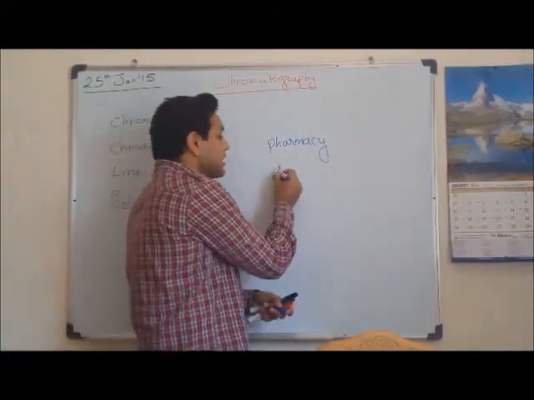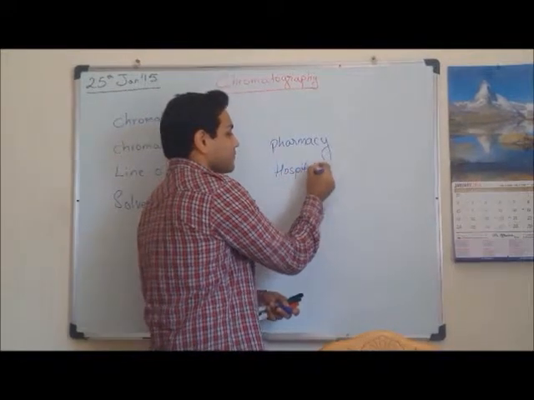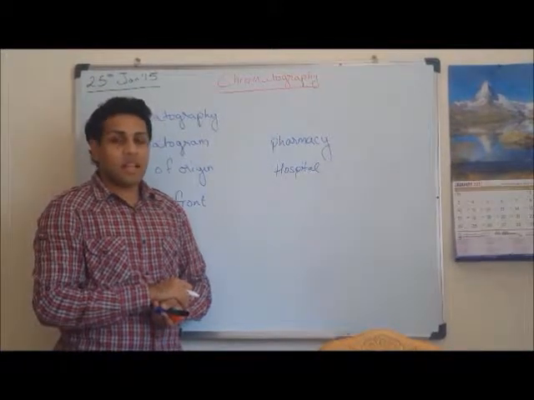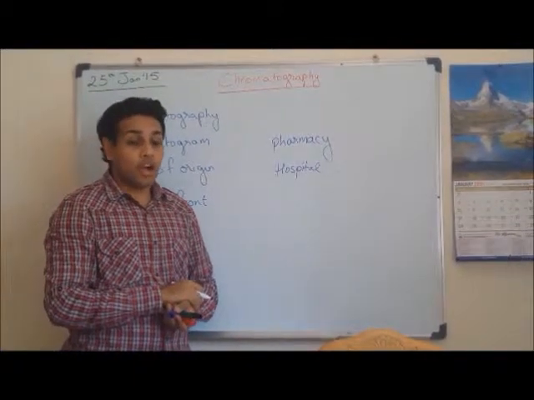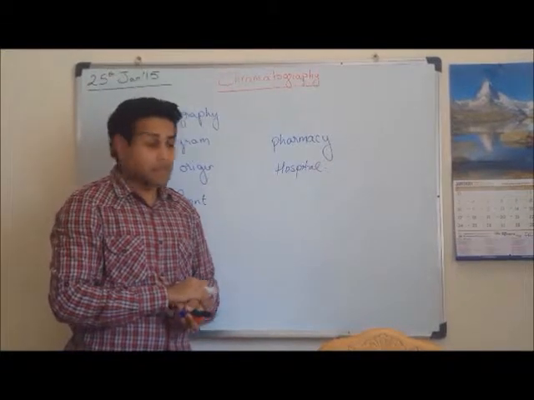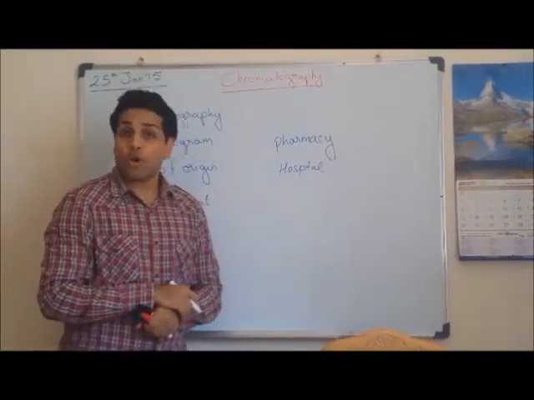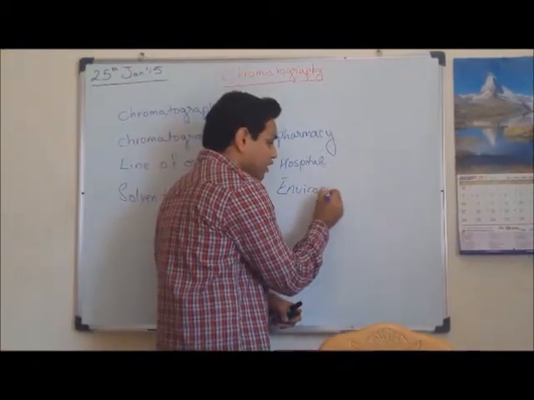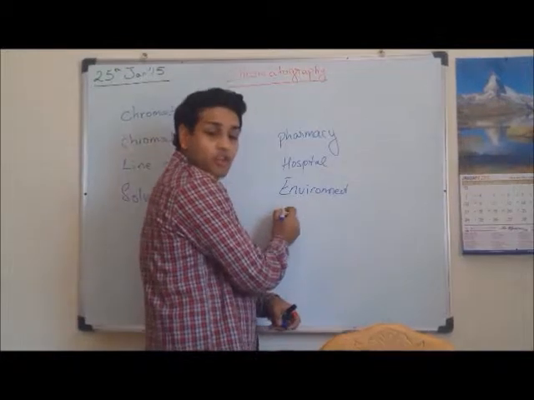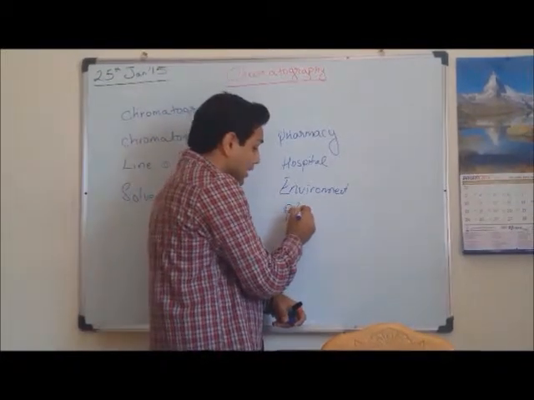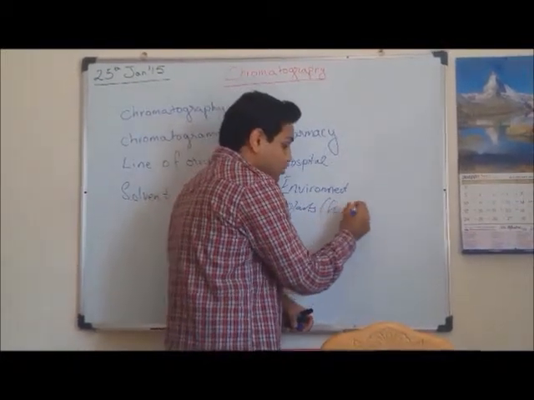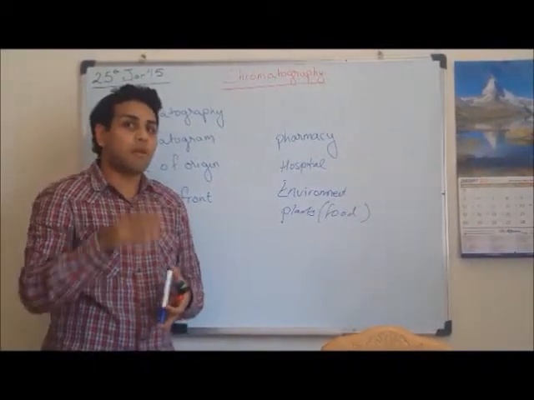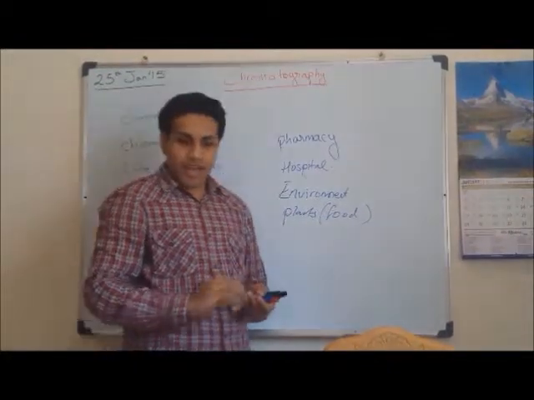Second thing we can use it in is the hospital. Can anyone try in the hospital? No. In order to detect the blood or alcohol level inside the blood, we use it in the hospital, in the laboratory tests. We also use it in environmental issues to find out different coloring agents used. We also use it for manufacturing plants, or you can say food industries, in order to know what different types of coloring agents or chemicals are used in preparing the particular type of food. Fine?